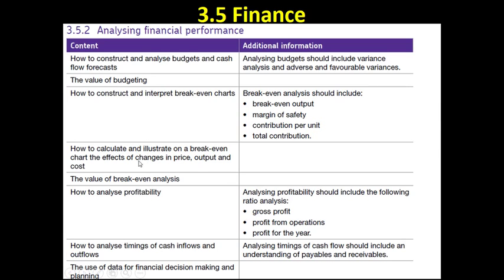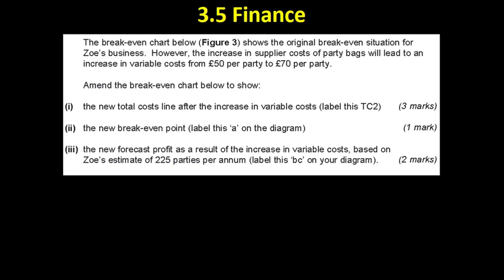So this is this bullet point here: how to calculate and illustrate on a break-even chart if there are changes in price, output and cost. The easiest thing to do is look at a past paper question that's actually been asked on this topic. So this is from the Buzz 1 paper, June 2012 I think it is, and the question